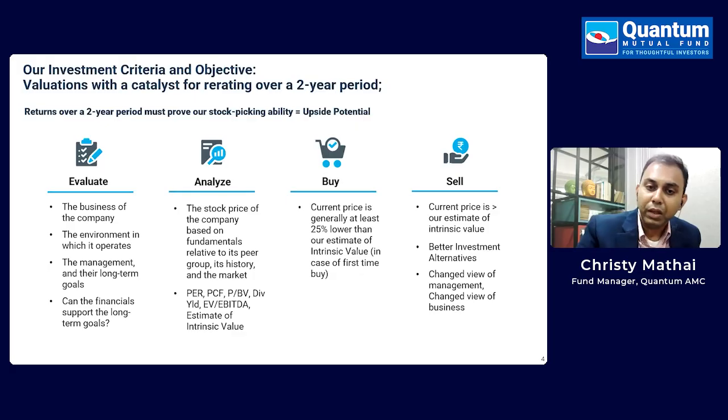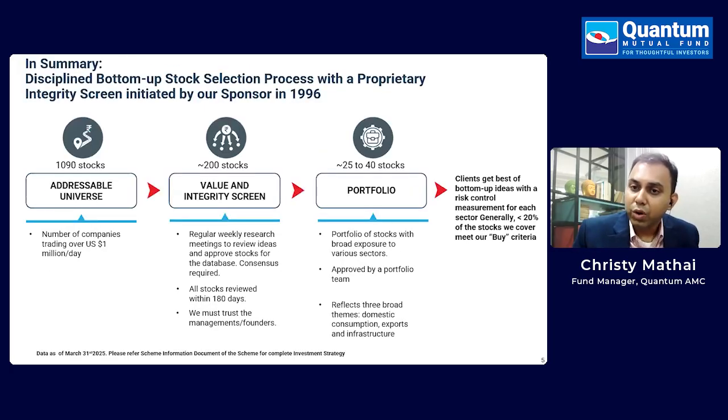in our portfolio. Here is how the waterfall works in terms of stock selection. There are about 1,090 companies which meet our liquidity criteria. We don't think 1,090 companies is the true reflection of the liquidity. Possibly this number could be much lower. Given the euphoria that we've had in the recent past, this number is a bit elevated. But broadly, 1,000 companies, if you were to weed out for governance reasons, for liquidity reasons, for ownership, etc.,